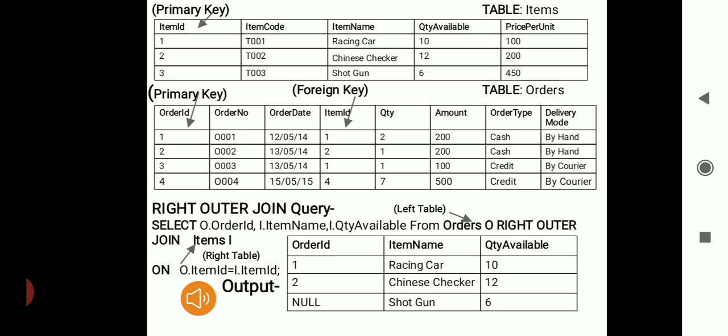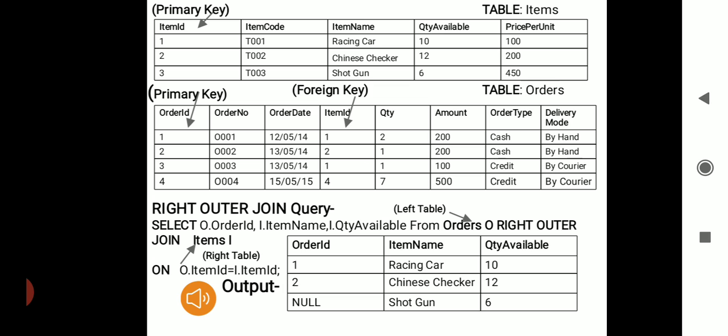From this query, now we have to determine which is the right table and which is the left table. That can be determined from the text right outer join and the joining condition after the text on in the query.